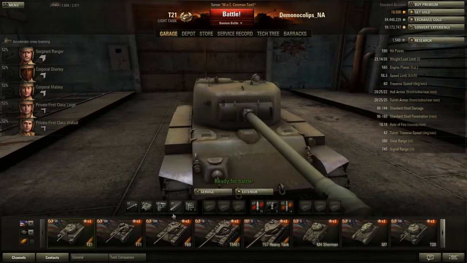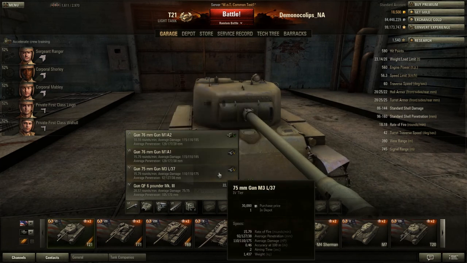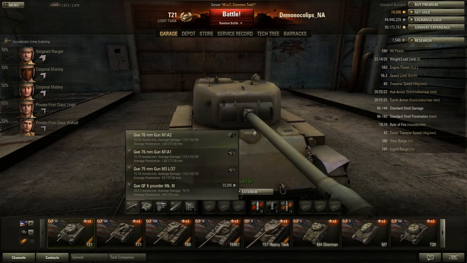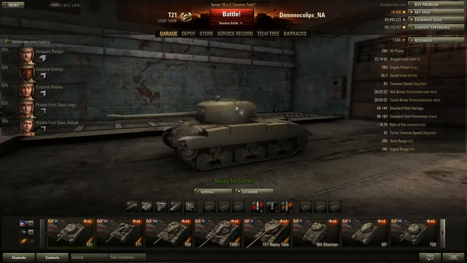Okay, T21. You'll start off with the 75 millimeter gun, M3L37. You should have unlocked the 6 pounder as well. And if you're already at the Easy 8, as I've said before, just go up to the M1A2. I expect all of my viewers to at least have the M1A2 gun, so I'm not even going to show the other ones because